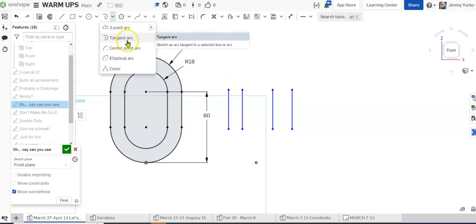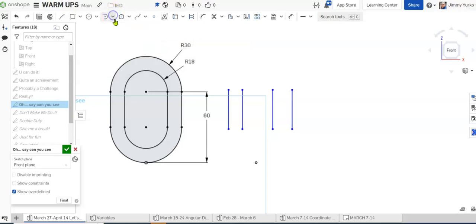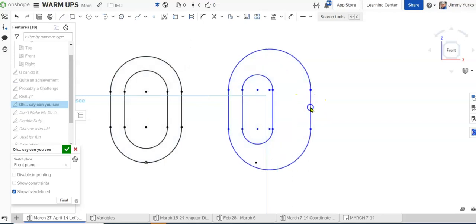Now, let's go ahead and put some curves on the end. So we're going to take the tangent arc tool, which is underneath the 3-point arc. Take tangent arc, we'll grab the end here, going over the outside of that, grab the end here, go to the end of that, grab the end here, go to the end of that, and here, go to that one, move it on. All right, and we can see that those are there,